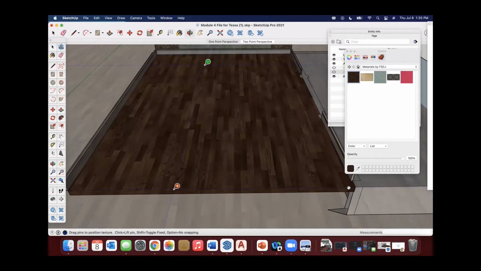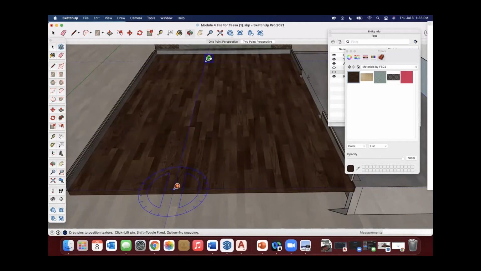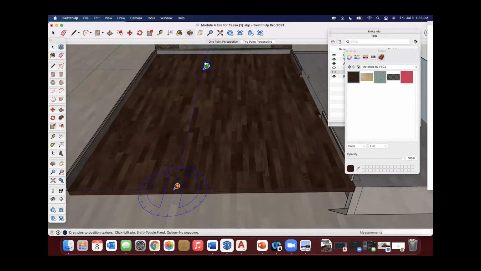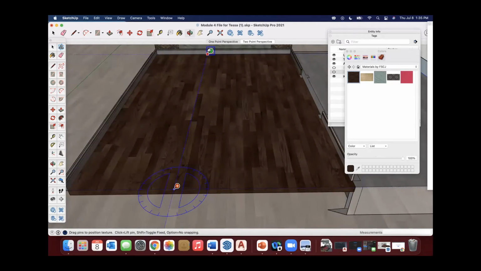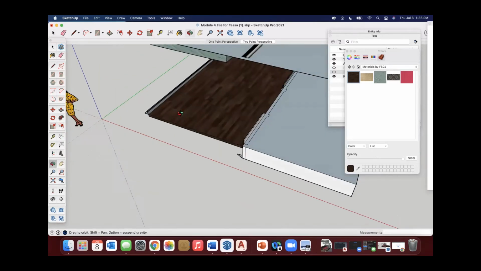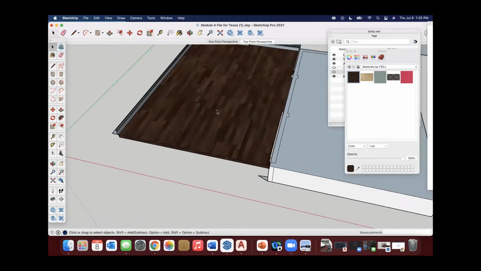So you could literally sit here and count 1, 2, 3, 4, 5, 6, but you can start to get the estimate of, does this look appropriate? That's your math for checking yourself, to see if this is in scale. And overall, this is looking really good. Once you get these pins adjusted, and it does take some finessing and playing, it's a little confusing the first time you go to move these, but once it's there, you just press enter and it now accepts and has modified that floor for me.